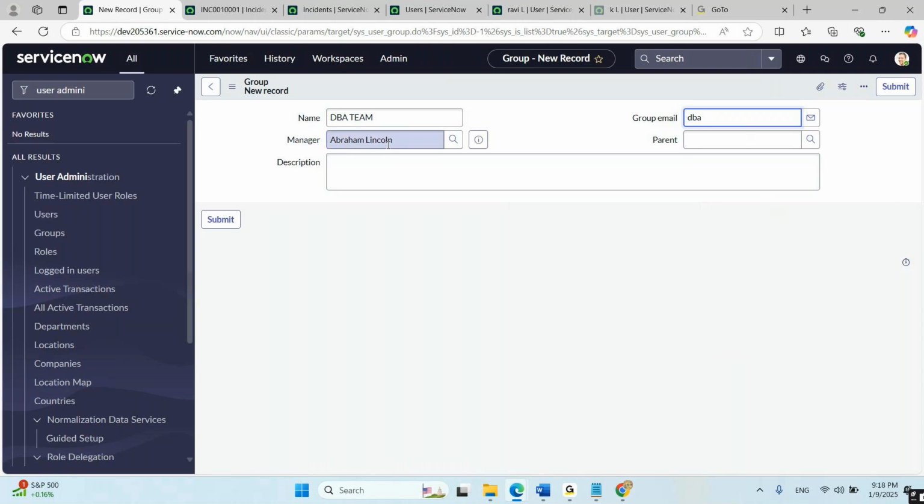So when you get some requirement and you are not understanding it properly, or you need some more information to complete that requirement, then you can connect with the person who has given you the requirement. Suppose they have simply told you to create one new group, but they have not given the manager name or the group email ID. So you can ask what will be the manager, what will be the group email, what is the parent. This I will tell you later. Okay,